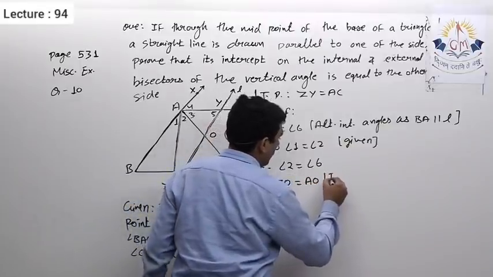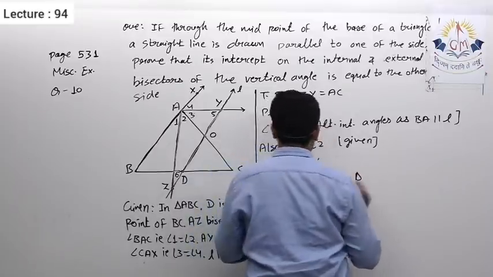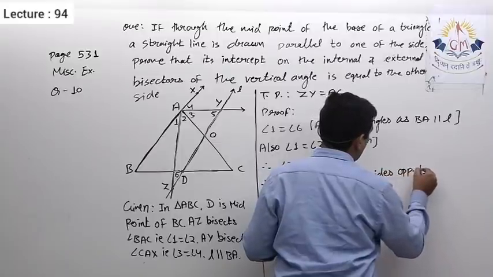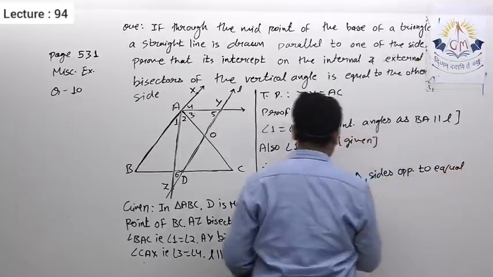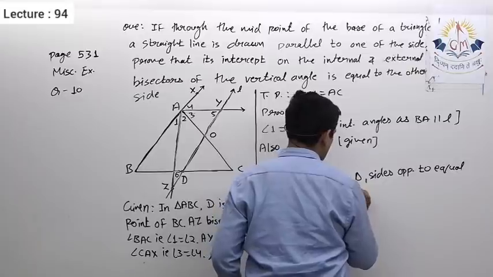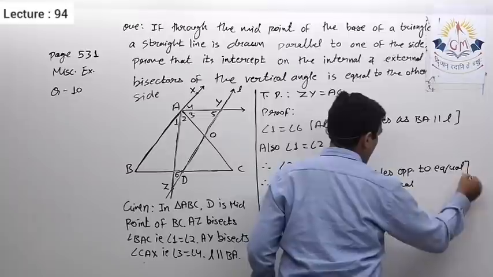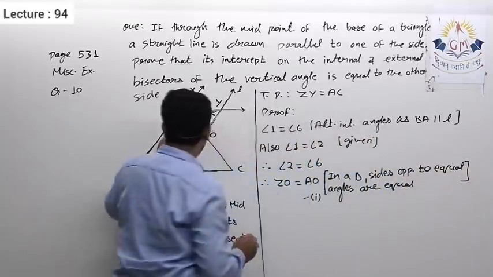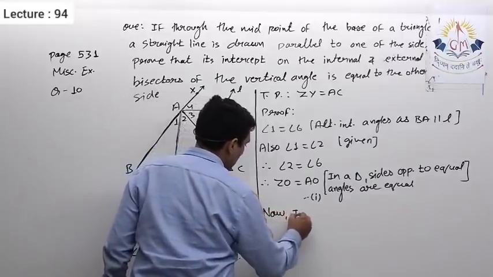Reason: in a triangle, sides opposite to equal angles are equal. Let this be first: ZO equal to AO. Now, in triangle